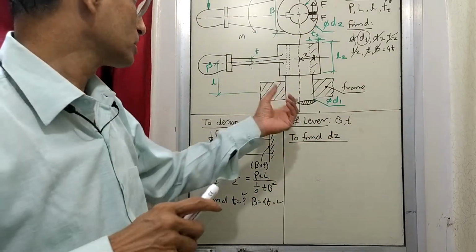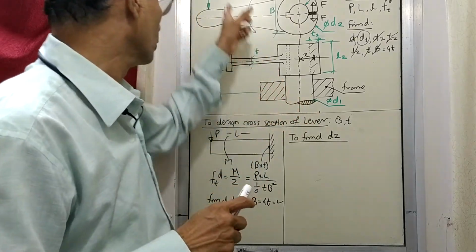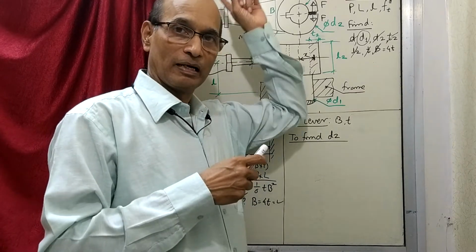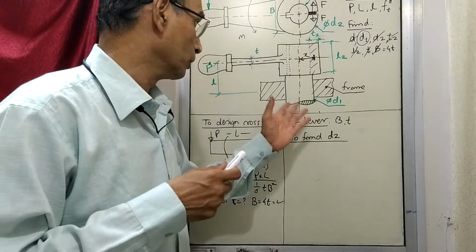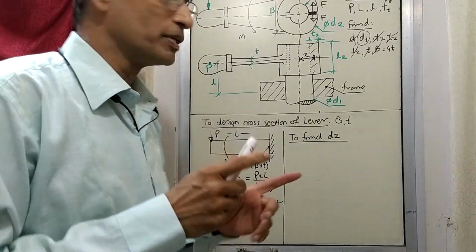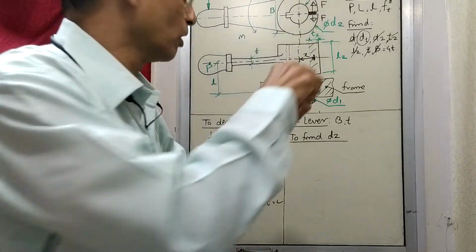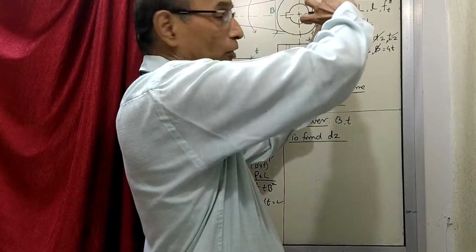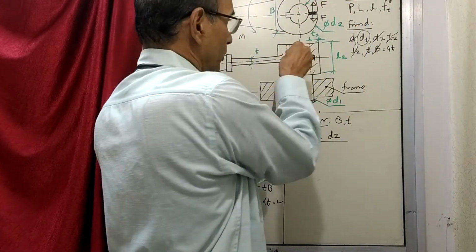So coming to this D1 diameter, what is the role of this D1 diameter when the load is applied like this? What kind of stresses are developed on D1 when the load is applied like this? That is what we have to think. Now, what will happen to D1? One thing is, because of this load, the way this diameter D was getting twisted, earlier I showed you that because of this lever, when you apply force, this is going to twist. So this diameter, in the top view, is going to twist.